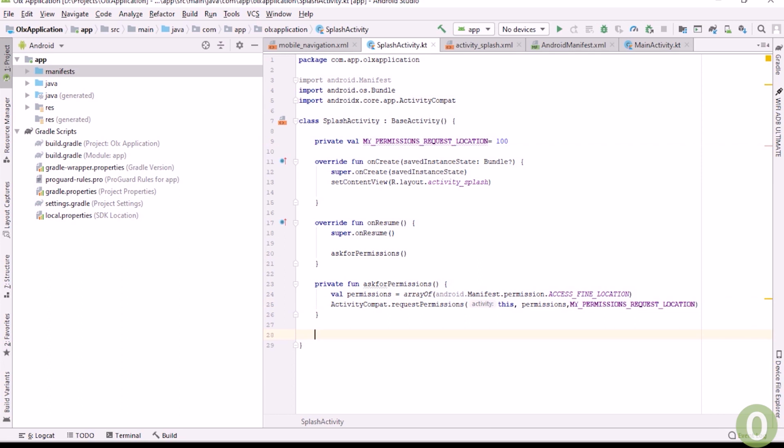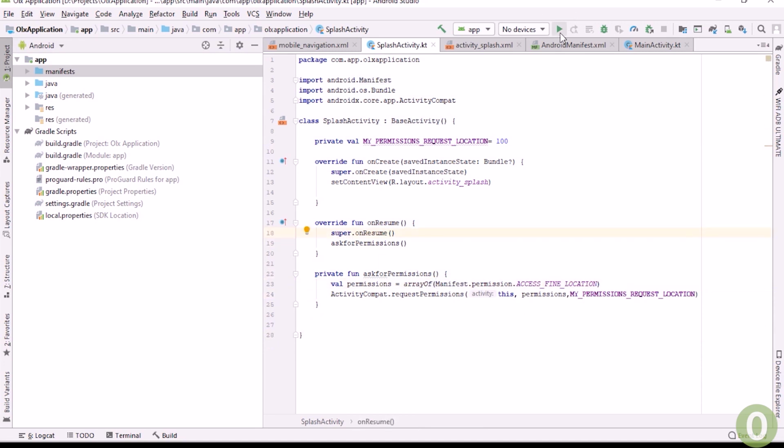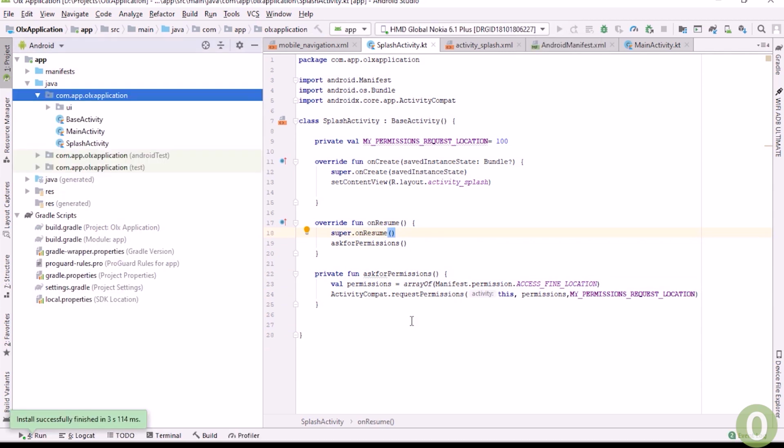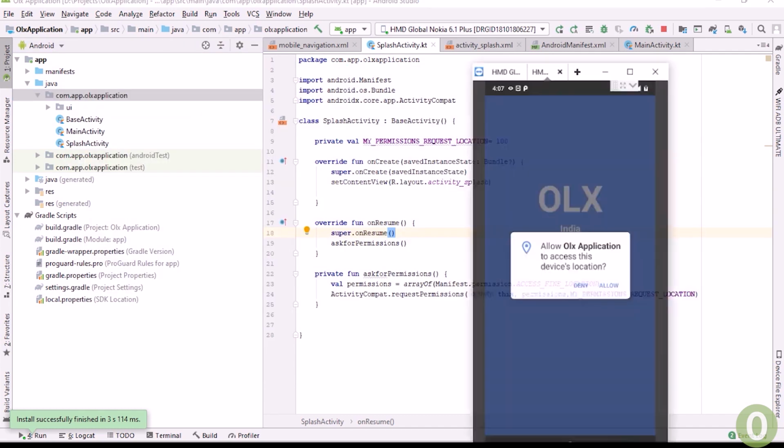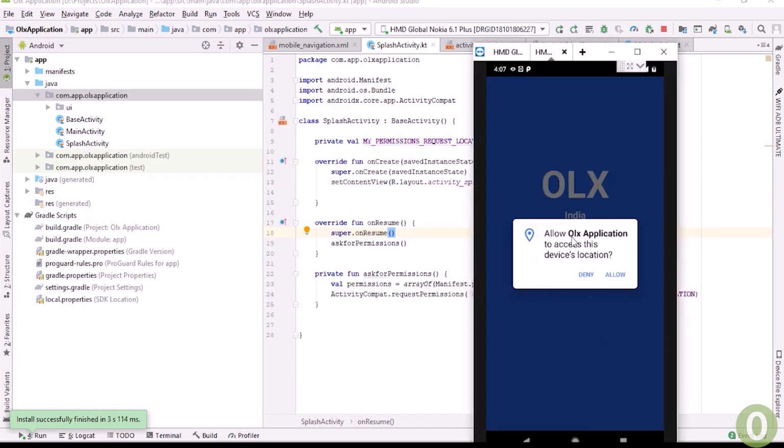So I will run this code. Let me run this code so you can check what this code affects. I will run this code on my device. I'm going to navigate to my class. Now you can see the dialog here that asks to allow the OLX application to access the device location. This is the runtime permission we needed to access the location of the user. If you click on allow,